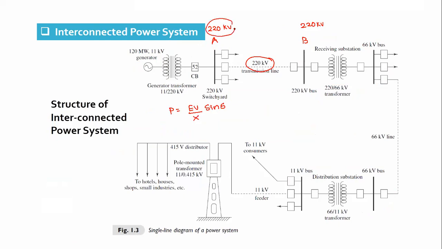So these two voltages of sending end and receiving end are generally nearly equal, and we know that power will flow only when there is a potential difference. So can anyone tell me why does the power flow over the line, although the sending end and receiving end voltages are nearly equal? There will be no significant potential difference between the two. So why does power flow over the line if there is no difference in the magnitude of the voltages? Any idea?